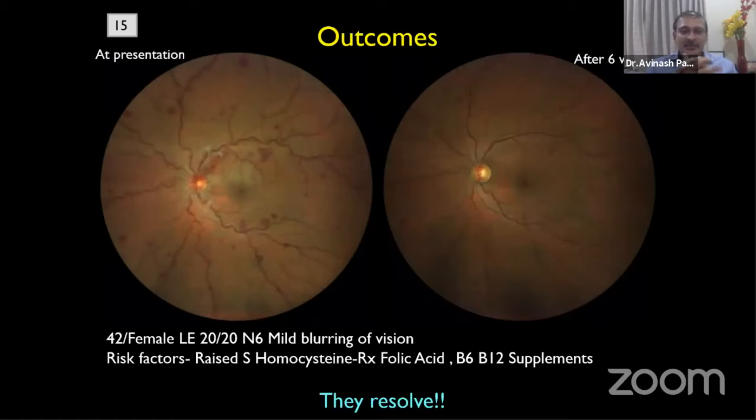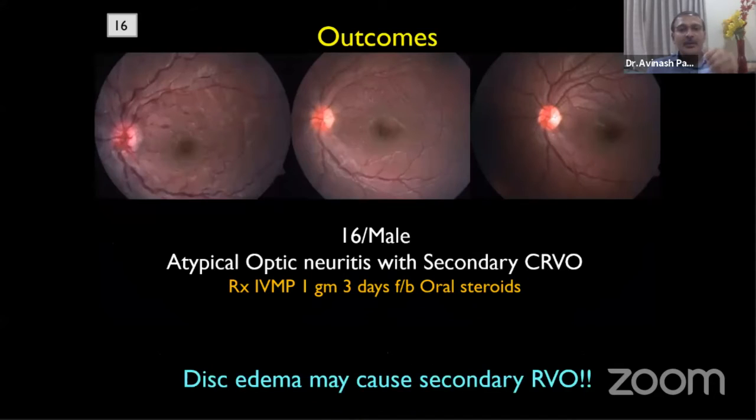And what are the outcomes? The important point, especially in the young, is that when we know the cause, many of these vascular occlusions resolve when the underlying etiology has been treated. This is one such patient who had a venous occlusion because of secondary hyperhomocystinemia. Vitamin supplementation for the micronutrient deficiency was all that was required for the condition to resolve.